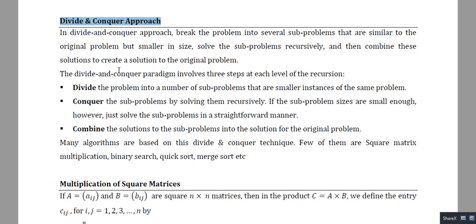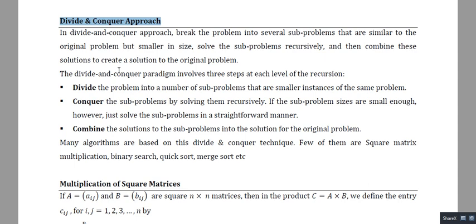We keep on doing this process until the final sub problem we get is fundamental, or very small to conquer.